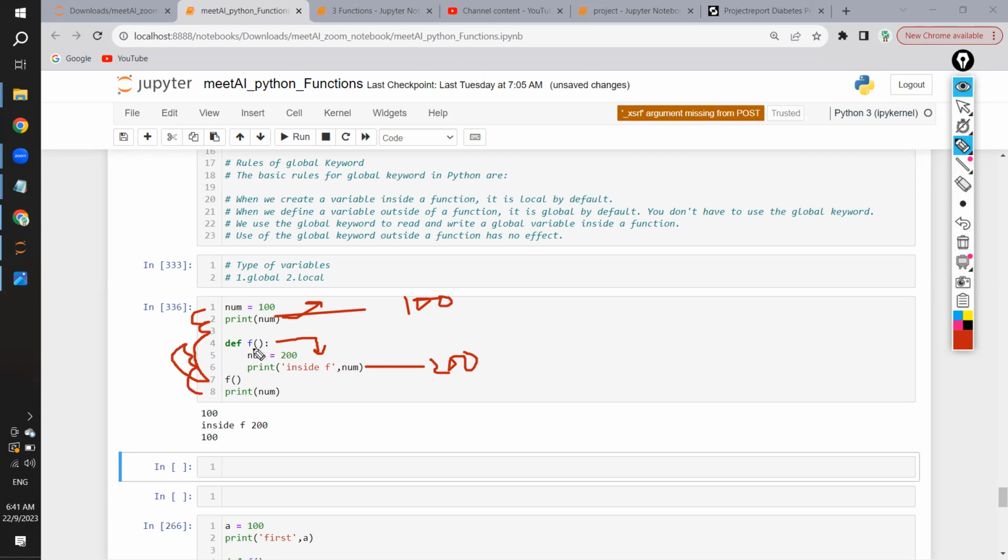Now inside this function I'm defining num equal to 200, so it is printing 200 inside. But after it comes out of the function, again the num will be 100, the global value. Because any variable that is defined inside a function will not have a global scope, it will have only local scope. These are new terms, right? The scope of